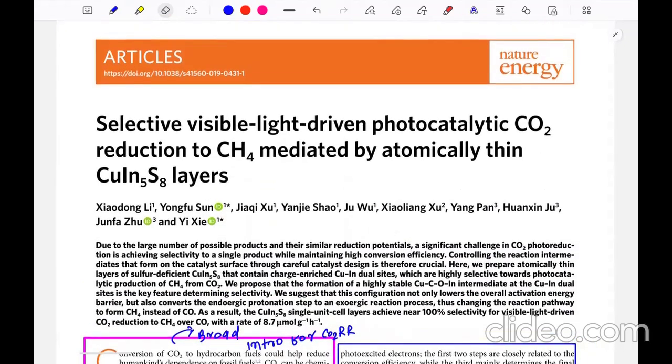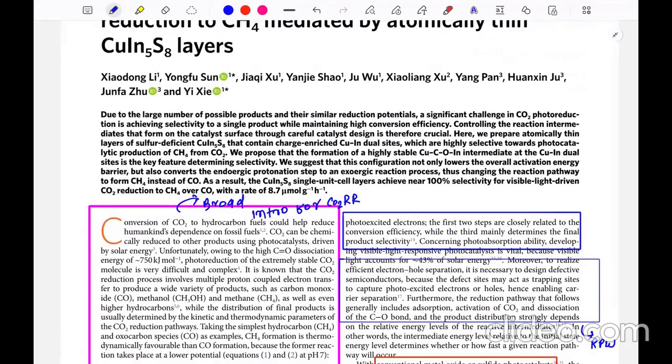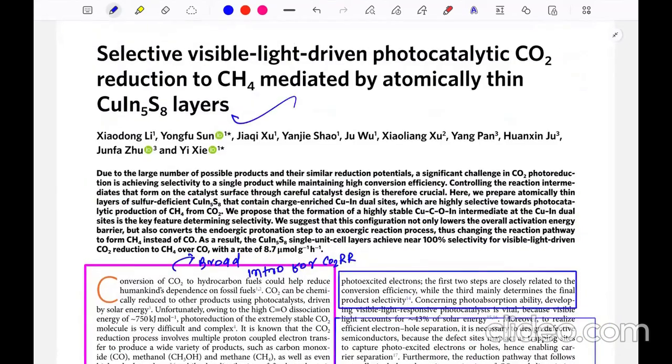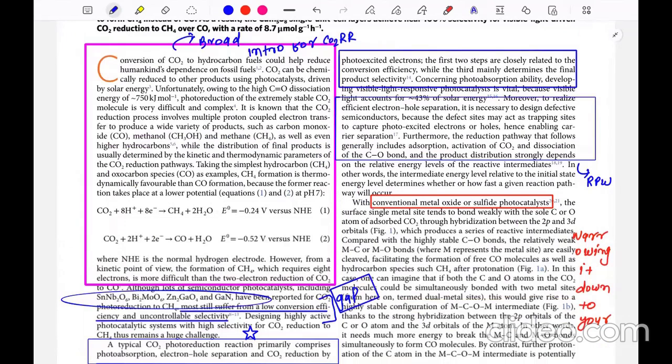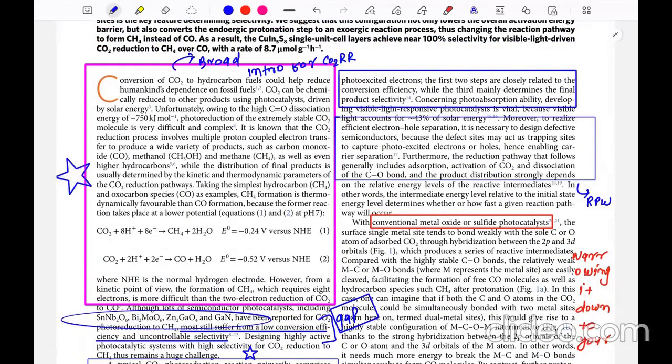This is the first paper. This is from Nature Energy. And this is about the selective visible light driven photocatalytic CO2 reduction to CH4 mediated by atomically thin copper indium sulfide layers. So if you read this section, particularly the section I am talking about,